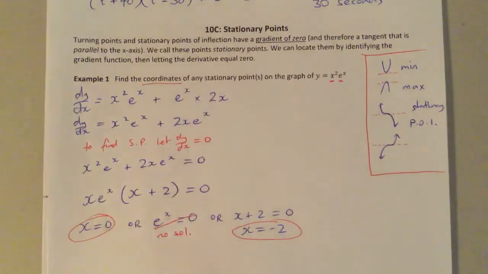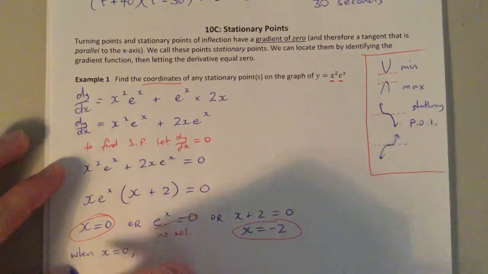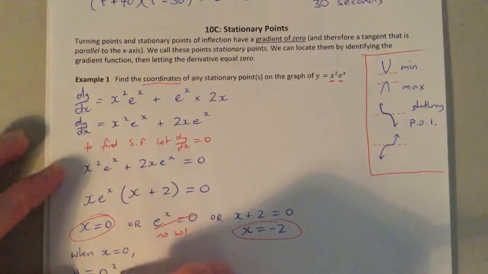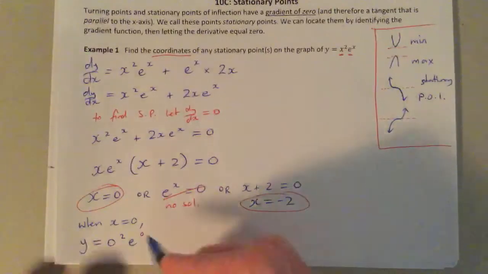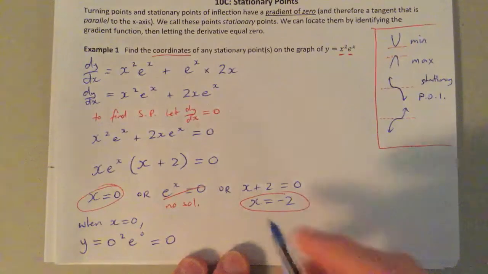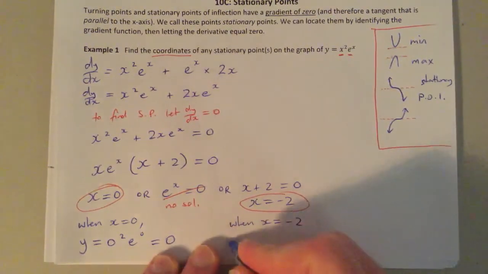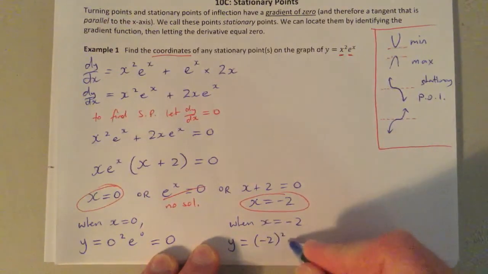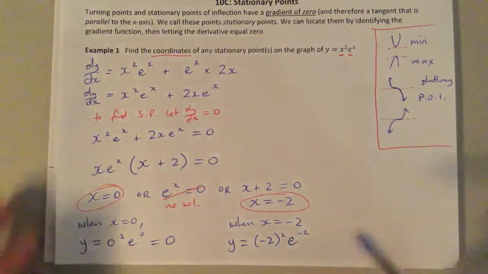So when x equals 0, y equals, so we're going back up here, 0 squared times e to the power of 0. Now, if you're timesing that by 0, you're just going to get 0, right? So we've got a y coordinate of 0. When x equals negative 2, y will equal negative 2 squared times e to the power of negative 2, which will be,